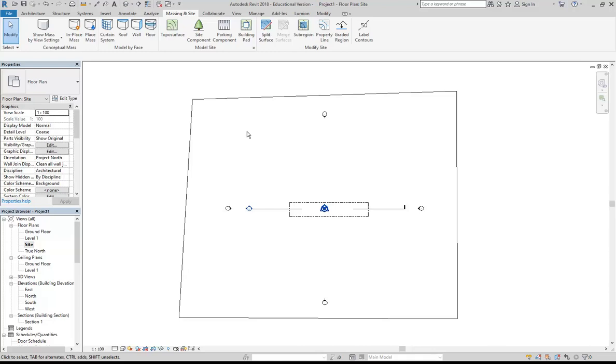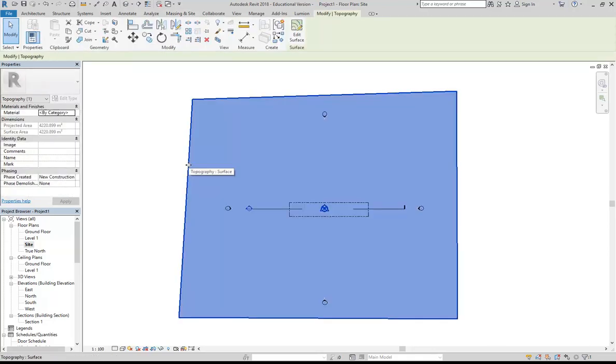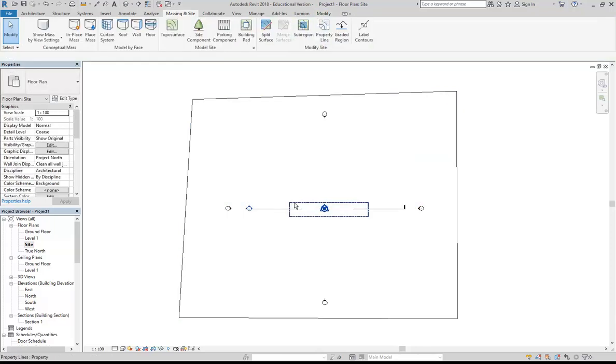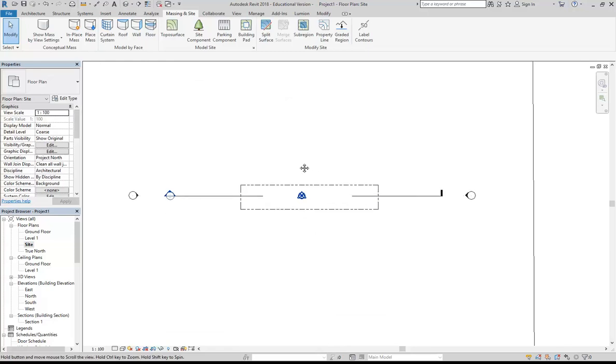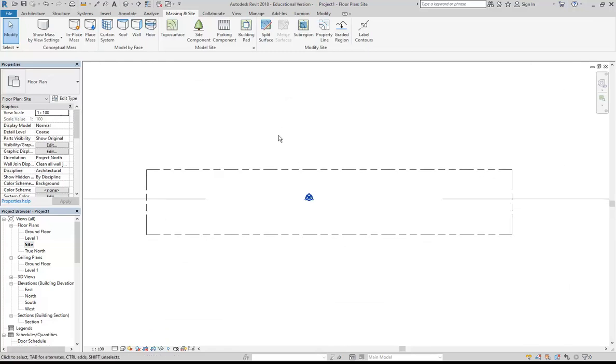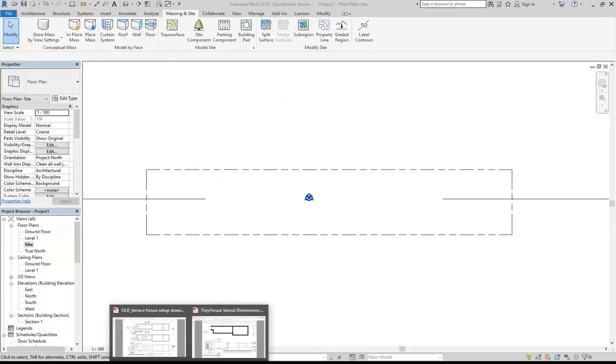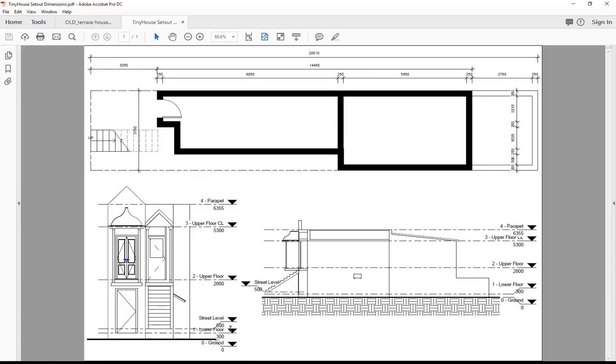Alright, so I've got my site topography model and my boundary. So that gives me enough to then go and set up the other critical dimensions, focusing mostly on the set out of these walls. So the drawing I've given you deliberately has the windows left out